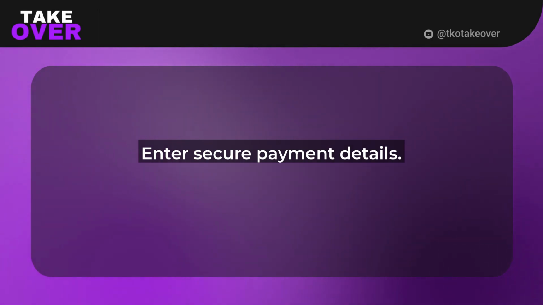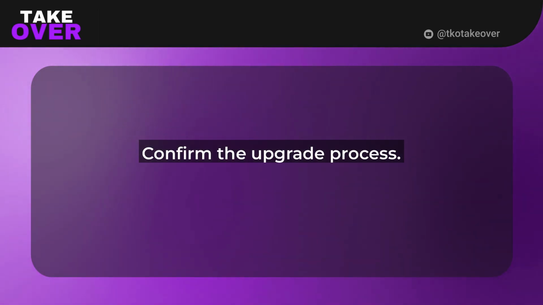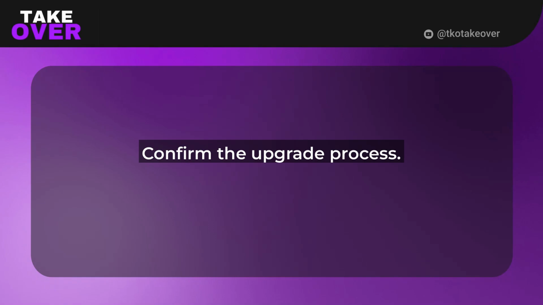Once you've selected your plan, you'll be prompted to enter your payment details. Don't worry, Goodbudget uses secure payment processing, so your info is safe. Just add your credit card or preferred payment method, review the subscription details, and hit that Confirm button. Boom, you're upgraded. After the upgrade, you might need to refresh the app or log back in to see your